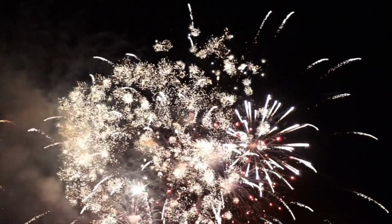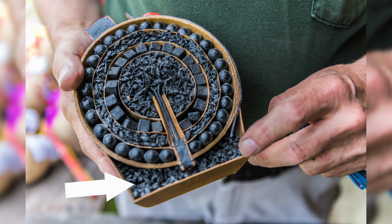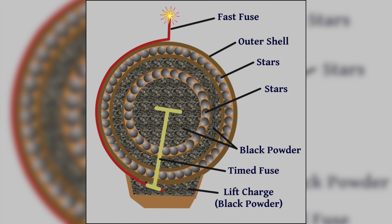And they actually explode twice. First, after lighting a fuse, that spark ignites a bag of black powder inside a mortar, launching the firework through the air. And fuses are not only used to light the fireworks, they are also a core component inside a firework. Because next, as the black powder ignites, it lights a time fuse, an insulated fuse that carries the spark